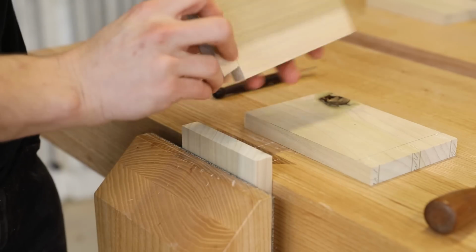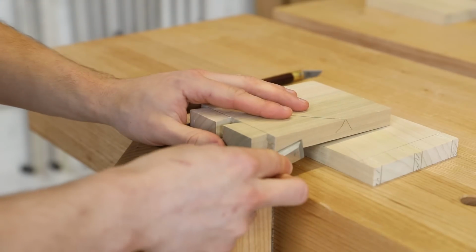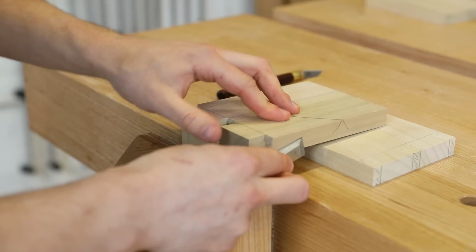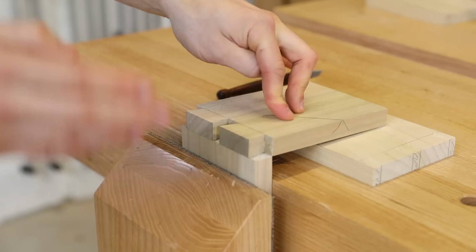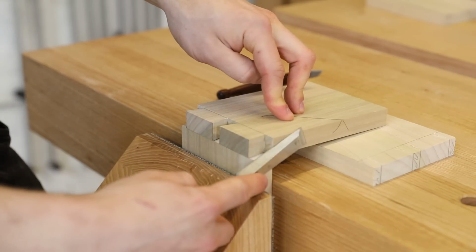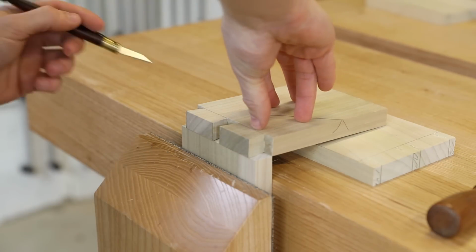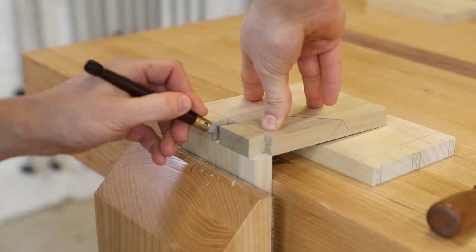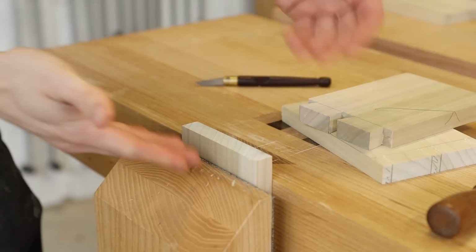Whereas with this method, with that little V groove on the back, all you've got to do is put your chisel on the edge like that, slide it up to hit the V groove, and you've got it in exactly the same position as before. Obviously, you don't want it to slip in the first place because you are going to still lose a little bit of accuracy, but it's going to give you the best possible chance of getting it in the same place again. Then trace around that as normal, nice and easy, and voila, there is the pins cut out,